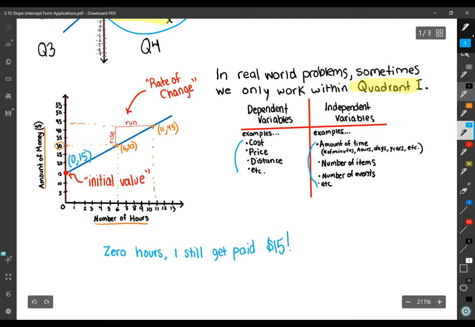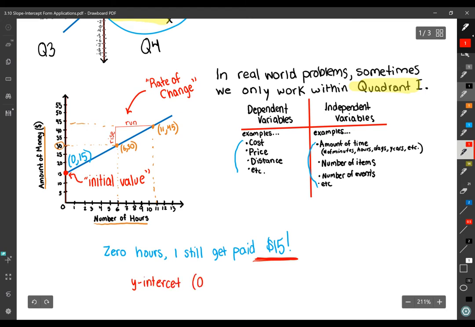Right? So maybe this job, I get $15 just for showing up on time, and then I get a certain amount per hour after that, right? So we say that my initial value is $15. My initial value is $15. So my y-intercept